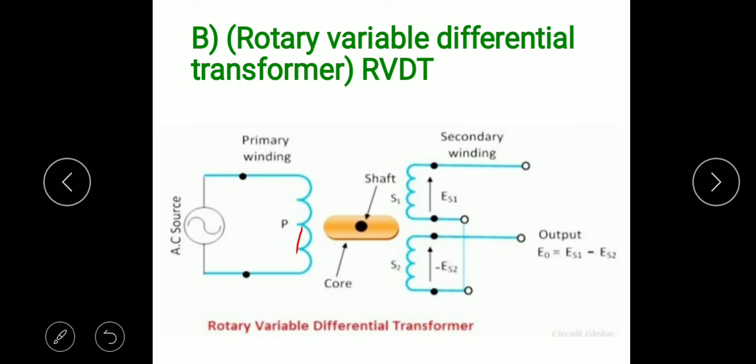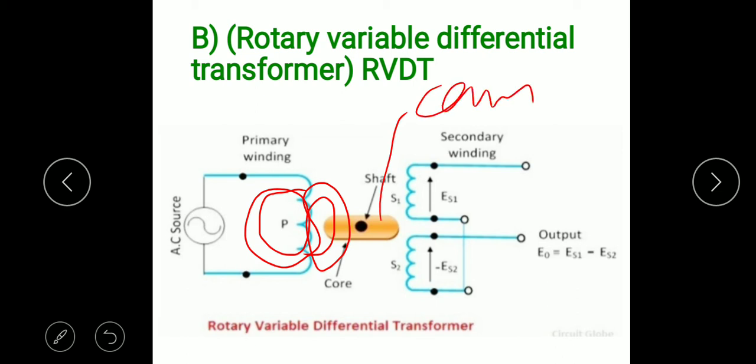Again I will revise what happens here. When the AC current is provided to the primary winding, then due to the current flow through the circuit, the EMF, the magnetic field, will generate here. Again, when the current flows, the magnetic field will develop in the primary winding. So when the cam portion or the core portion rotates or does the angular motion, due to the rotation of this cam, the magnetic field will be disturbed.